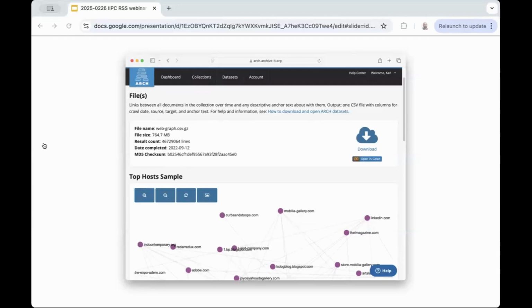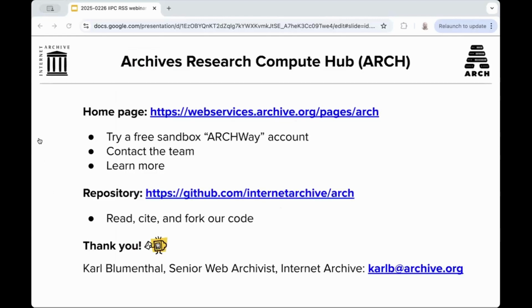But the result will always include a single data set file to download in either a zipped CSV or JSON format. Some technical metadata along with that to verify the file, a sample visualization when we can provide one on the fly, and links to immediately load and try that data set hosted in a Google Colab space with the provided notebook or following the steps in one of our tutorials for inspiration. So that is very generally speaking the kind of experience of Arch that a scholar might have today, or that my co-panelists had in previous releases.